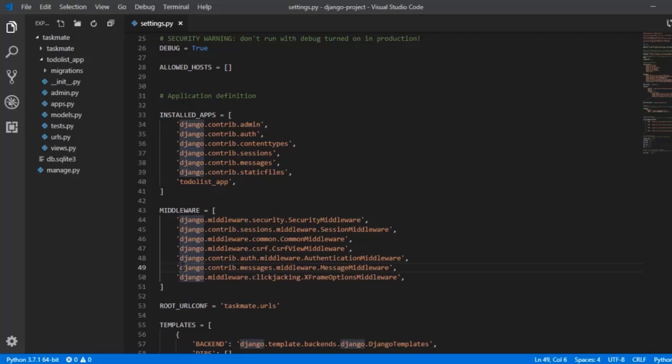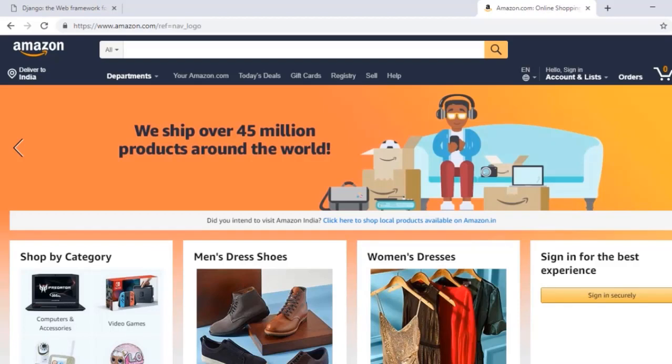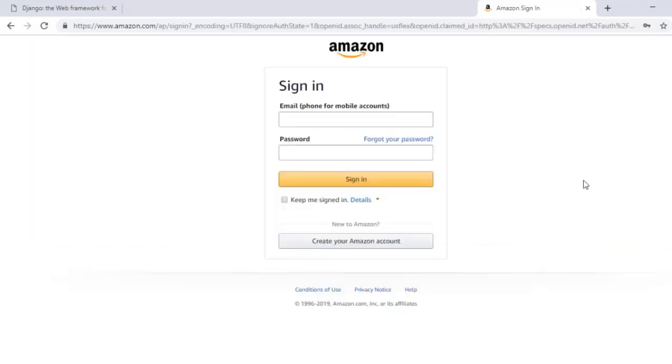In the next lecture, let us talk about URLs, how this mapping happens. So as I said, if I call amazon.com, it will directly map everything, that is my view functionality from index. And if I call the login page from Amazon, it will call a view, that is functionality that is related to the login page. So we'll be talking about this from the next lecture.